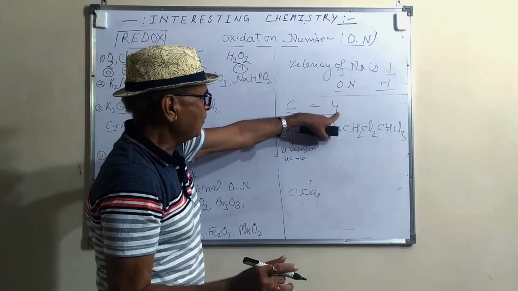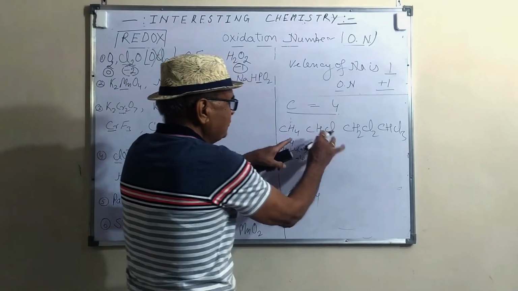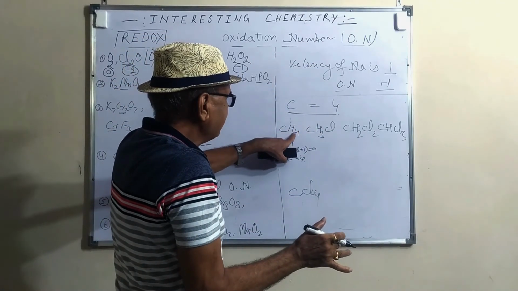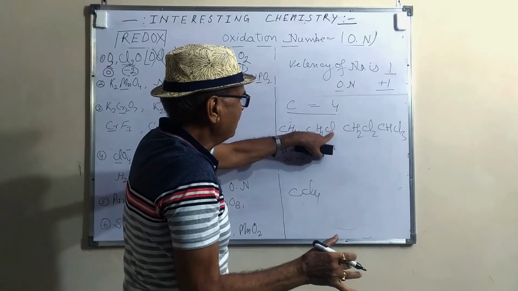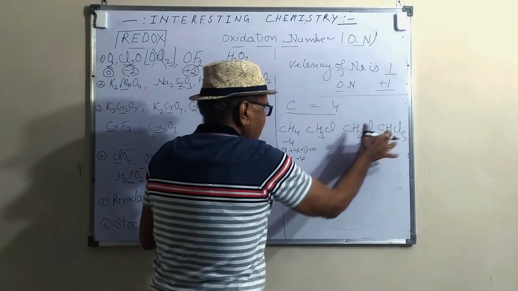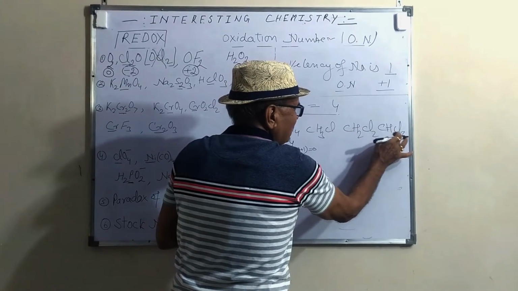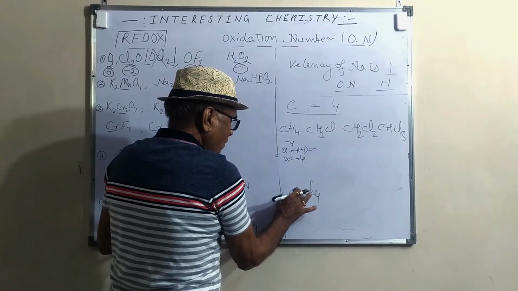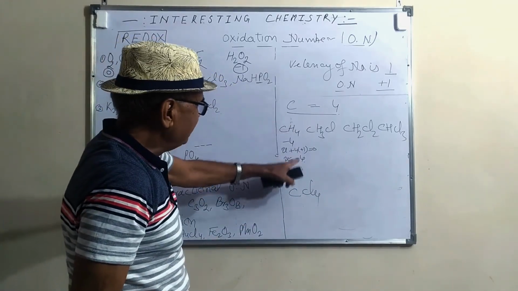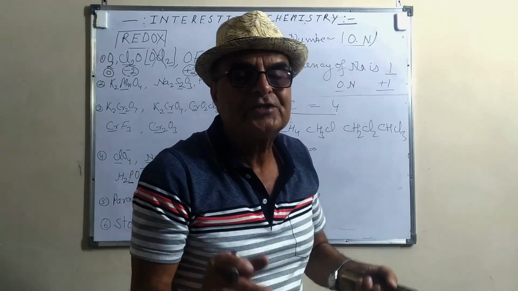Valency will always be 4. Here there are 3 hydrogen and 1 chlorine; all 4 valencies are occupied by 3 hydrogen and 1 chlorine. In all formulas the valency of carbon is 4. All 4 valencies are occupied by hydrogen and chlorine. Take CCl4: all 4 valencies are occupied by the 4 chlorine atoms. So the valency in all compounds is 4, but the oxidation number is